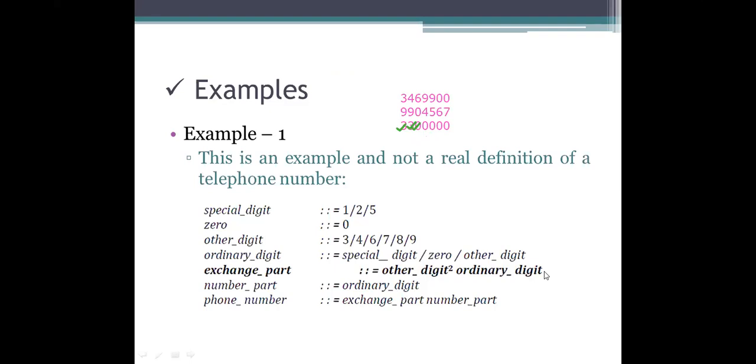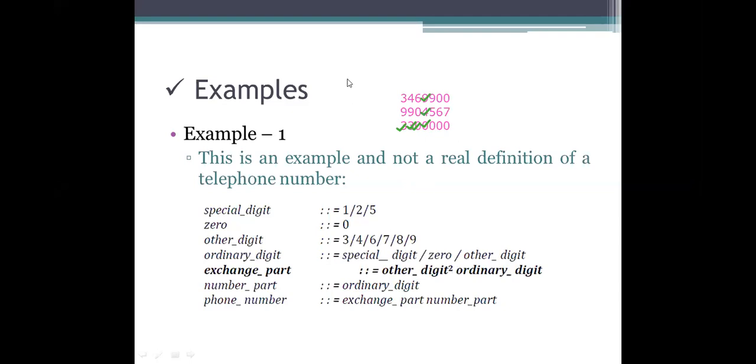So we can use this ordinary digit as a 4. Four numbers can be used here. So is the other digit that we are using allowed or not? See here, ordinary digit means we can use a special digit, a 0, and also an other digit. As it is allowed, this one is also allowed and this one is also allowed. So the remaining ones we are using are considered correct.